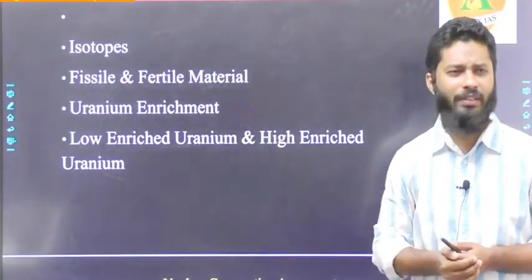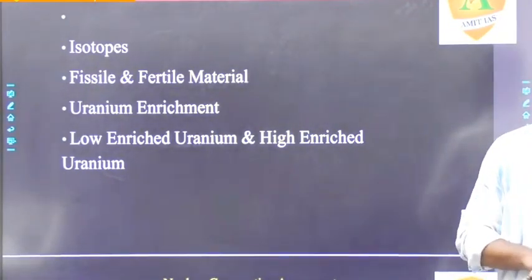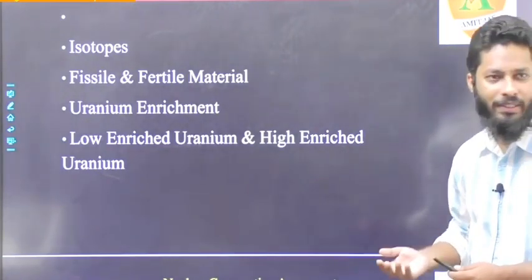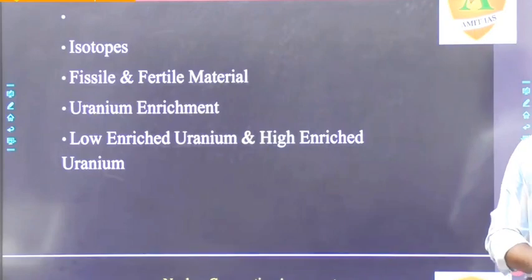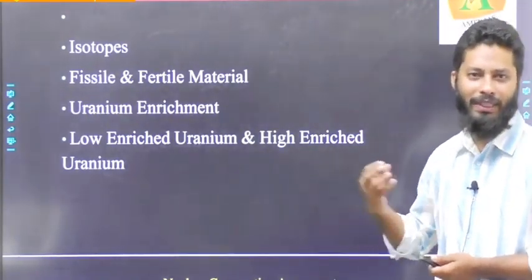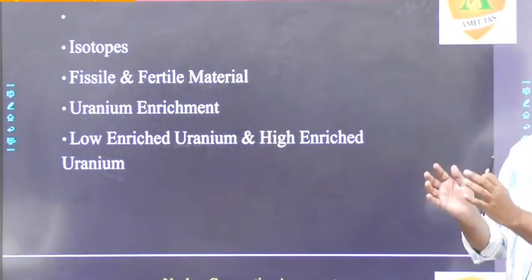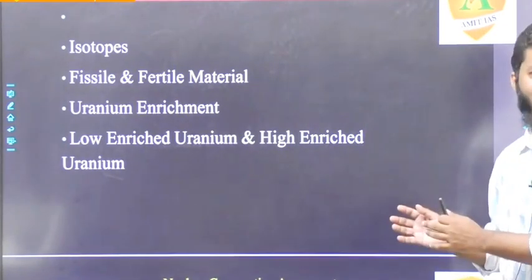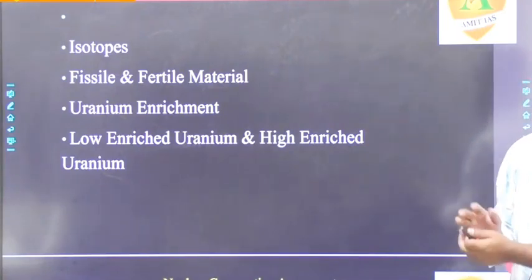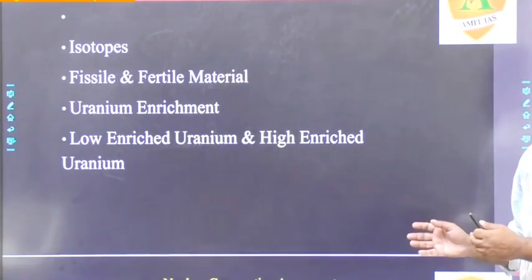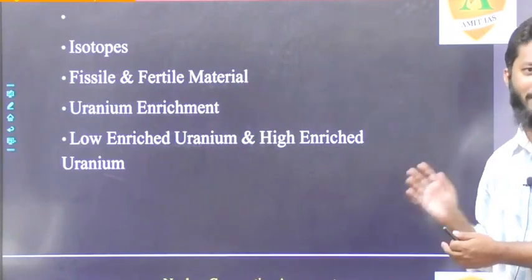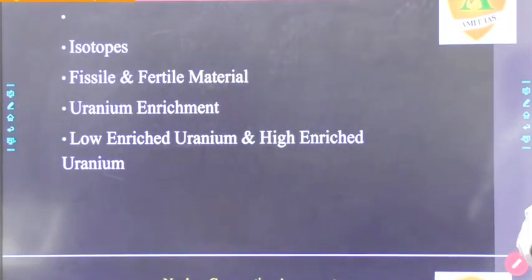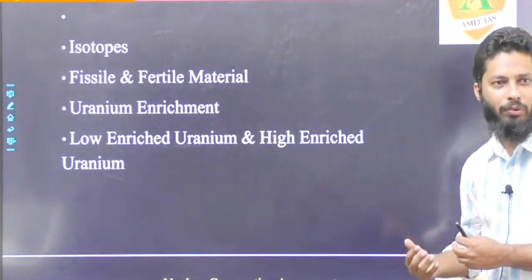Then we studied 3 isotopes of uranium: uranium 233, 235 and 238. Uranium 233 and 235 are fissile in nature, whereas uranium 238 is fertile in nature. Uranium 235 and 238 are found in nature in the form of a mixture, ठीक है। जिसमें यूरेनियम 235 जो है वो 0.7% होता है, और यूरेनियम 238 है 99.3%, ठीक है। तो ये आपका नेचुरली ऑकर्ड यूरेनियम है।